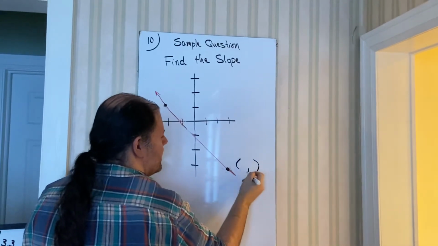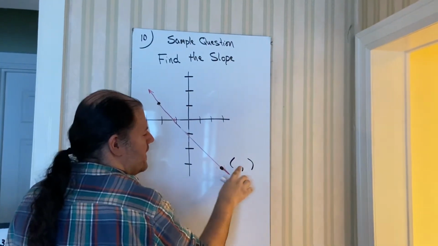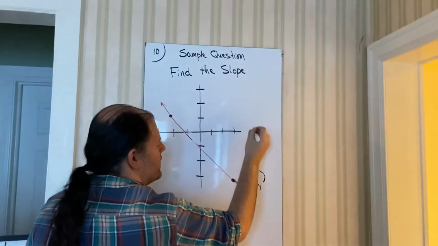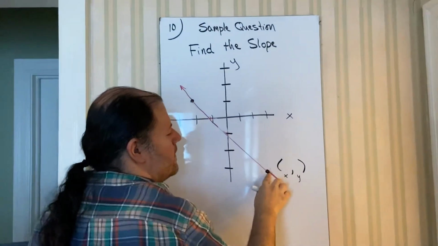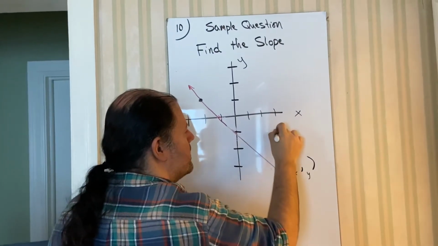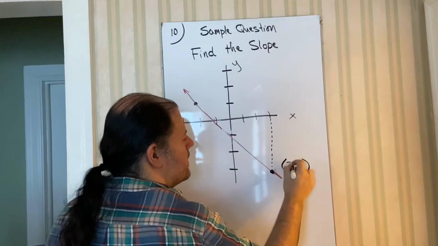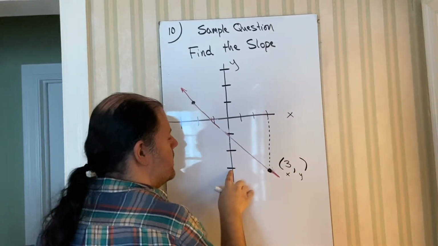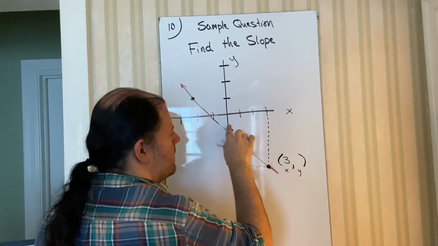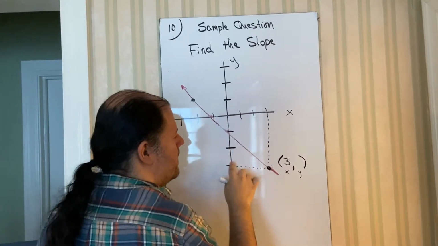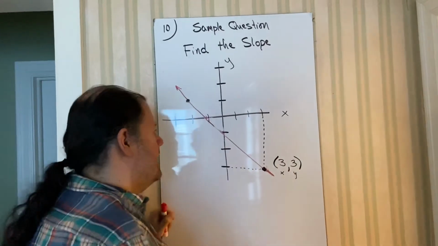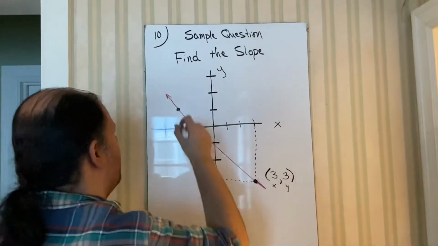For here, we need to have an x and a y value. So how do we find x and y? Remember, this is your x, this is your y. From this point, go up to your x line. It's a 3. And then go over to your y line. You can see 1, 2, 3 as well. Now, for this one,